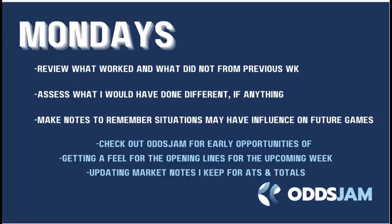All right, guys, here we go. Monday morning, just getting through the weekend, getting up. The first thing I'll typically do is review what worked and what didn't work, and reassess, especially through my bet tracker over at OddsJam. OddsJam provides all these tools to you. I assess what worked, taking notes along the way on where some of the strengths and weaknesses were,